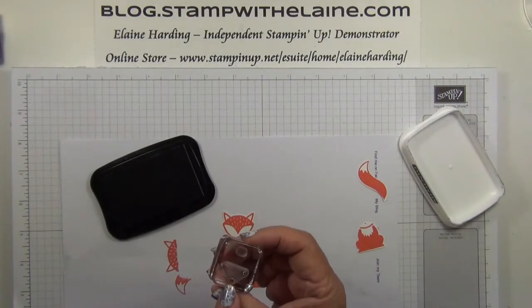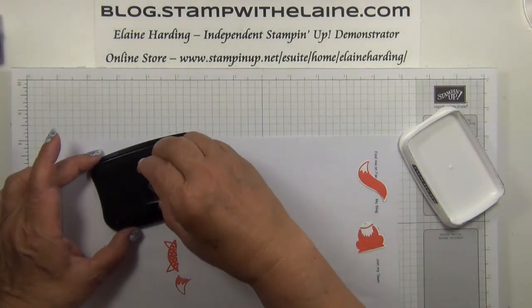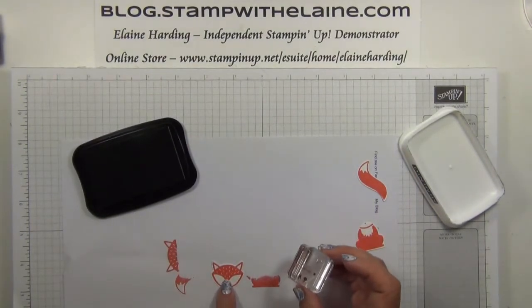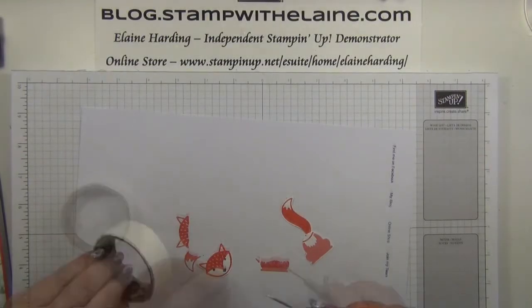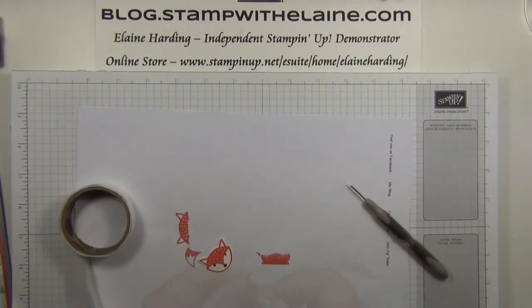We need to stamp the fox's eyes, and we use the widest one in that set. They have a wide, medium and small, and you want to centre the nose right at this point here. Take some glue dots, the back of the fox, pop its tail to the left,